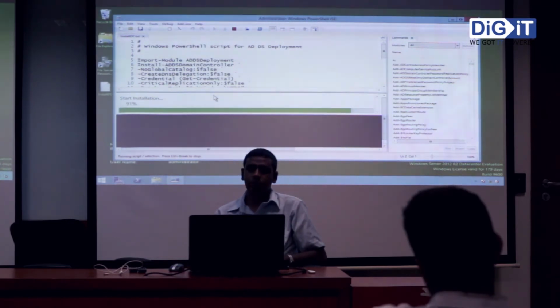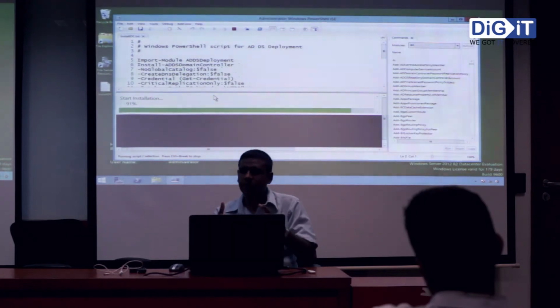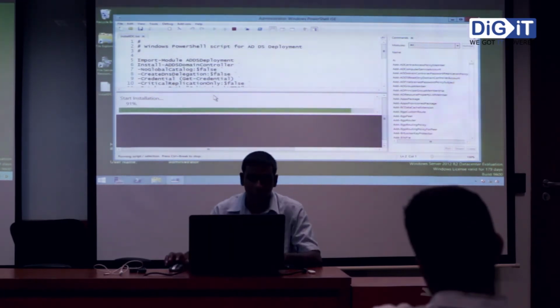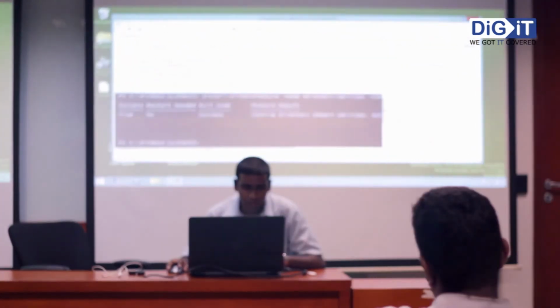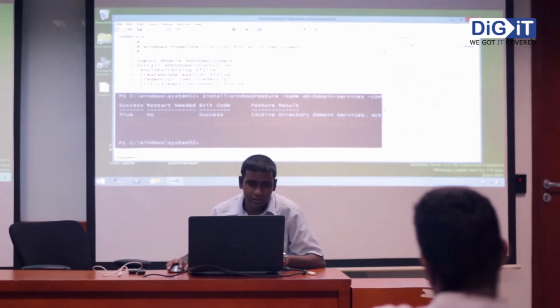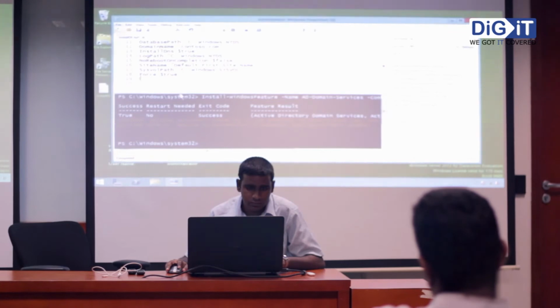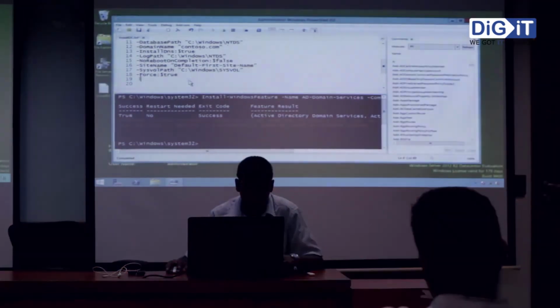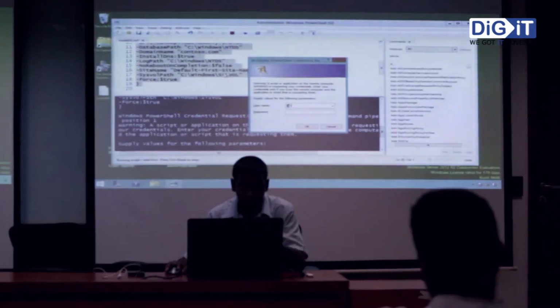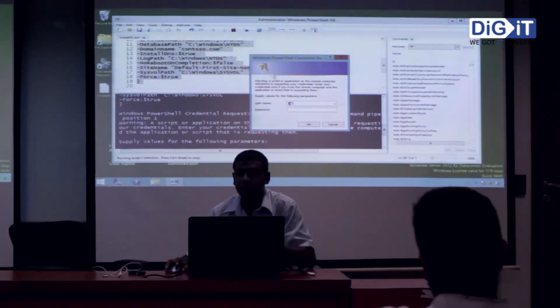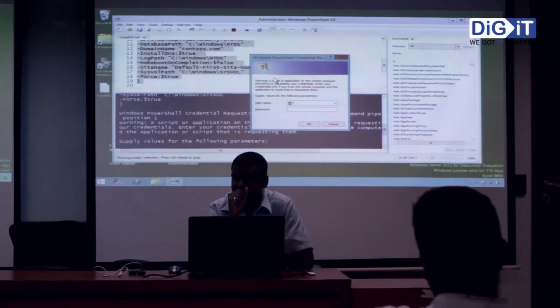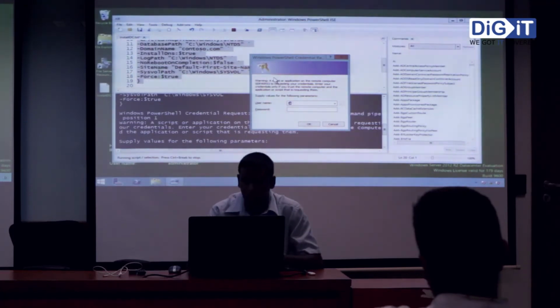Now the installation is running. How do I do the rest of the post deployment tasks? For the post deployment task, we have created a script. So we can give this script as an input. Okay, now the feature is installed. Now you can see the rest of the parts here. Okay, I have selected this part and press run. So now it asks for the credentials, same as when I am doing ADDS, it asks for the domain credentials, whichever user has the access. So I am going to give my administrator information here.